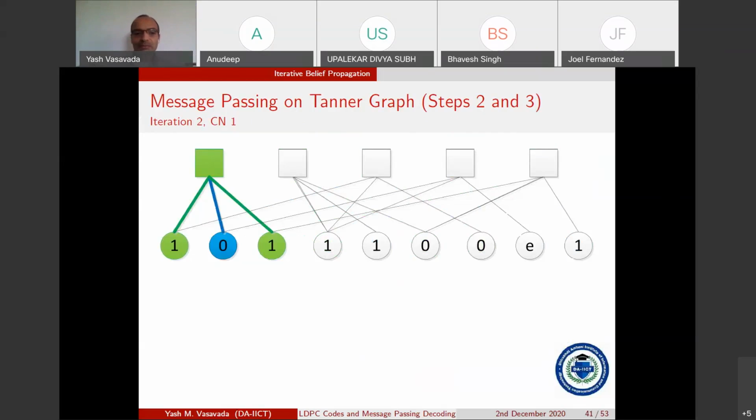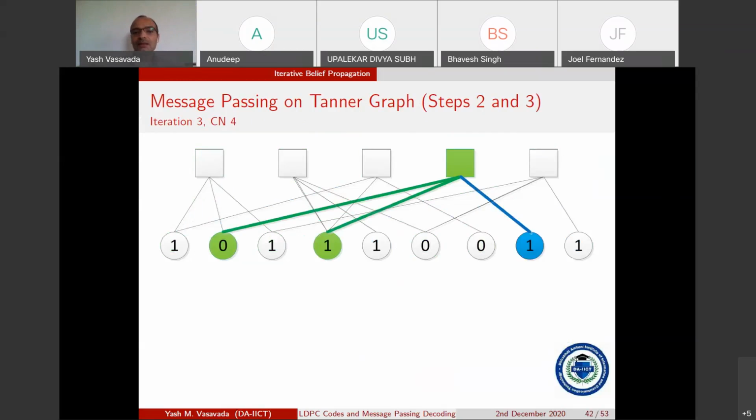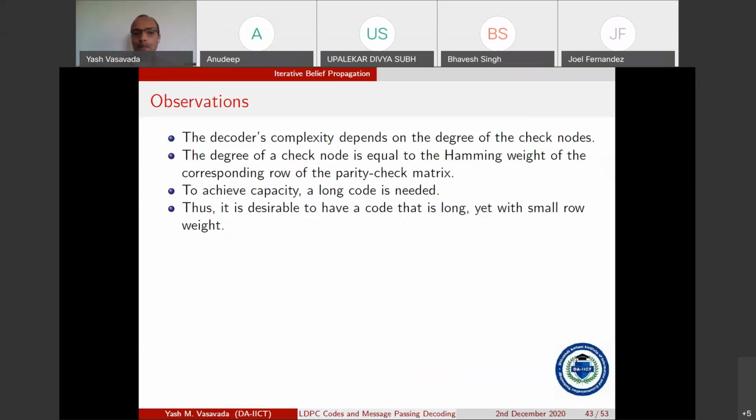Right? So this is how the message passing is working. Now a few points about the